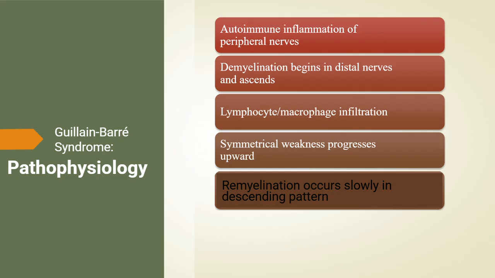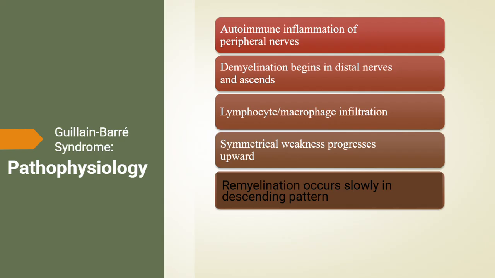The inflammation you see in this condition is caused by immune cells, particularly lymphocytes and macrophages, which infiltrate the spinal and cranial nerves, leading to edema, compression, and further loss of nerve conduction. As the disease progresses, patients experience progressive weakness, numbness, and diminished or absent deep tendon reflexes. In severe cases, the paralysis can reach the diaphragm and respiratory muscles, which is why some patients require ventilatory support.